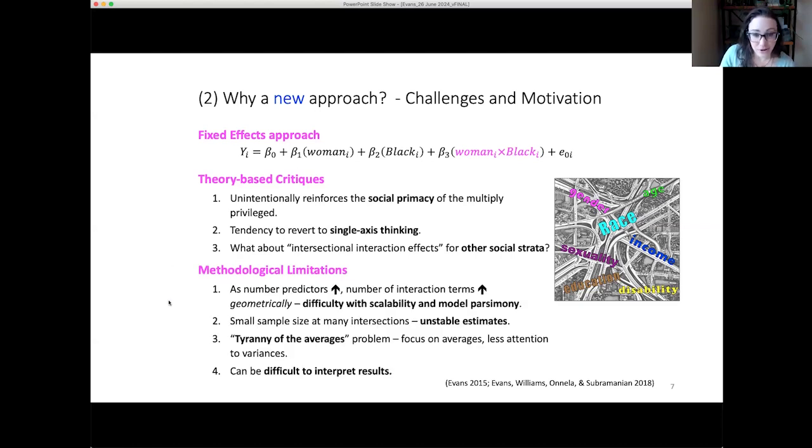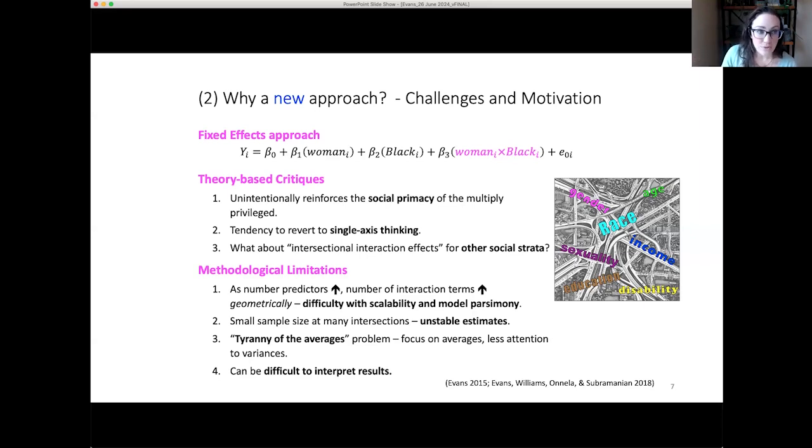So first of all, if we, again, start off with only 4 categories, it's not too much of a problem. But if we really take intersectionality seriously and lean into it, we might be adding hundreds of beta terms. And everything you add, you have to add all the permutations of interactions. You can get 2nd order, 3rd order, 5th order interaction terms. So as you add predictors, the number of interaction terms is going to explode, basically. It's going to increase geometrically.